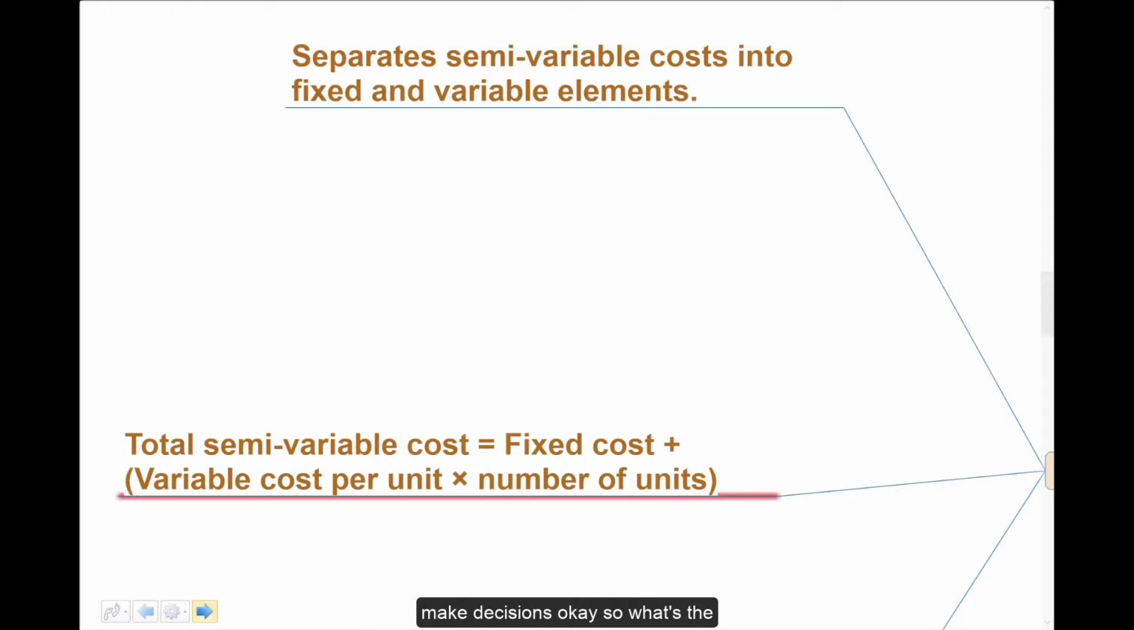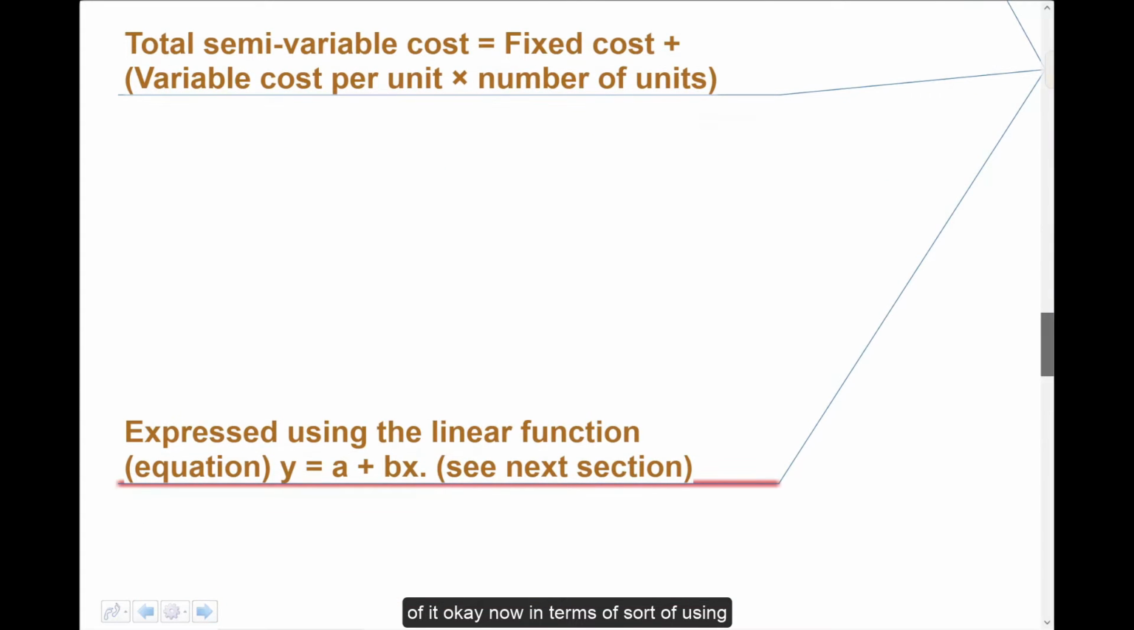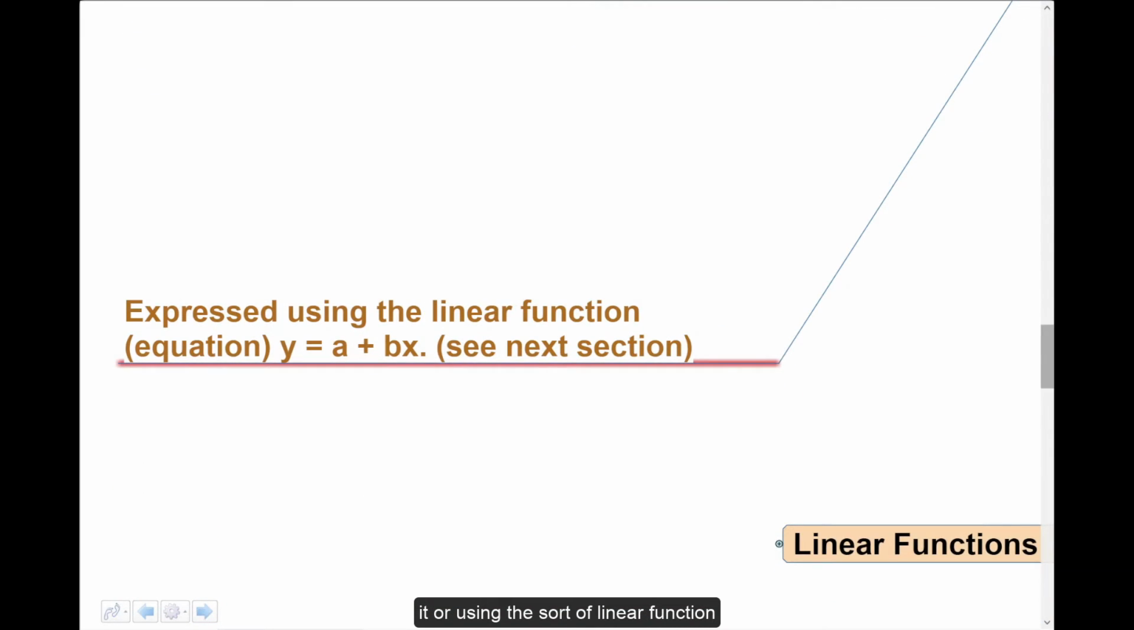Okay, so what's the formula? Well, a semi-variable cost is equal to, obviously, a fixed cost plus the variable cost per unit times the number of units. That's going to be the makeup of it. Now, in terms of using the linear function, we'll look at the next section in a moment, but essentially the simple equation y is equal to a plus